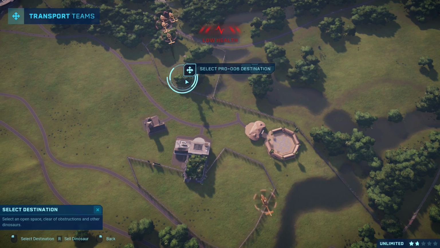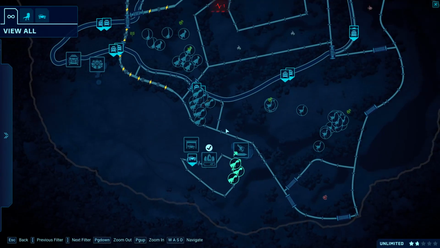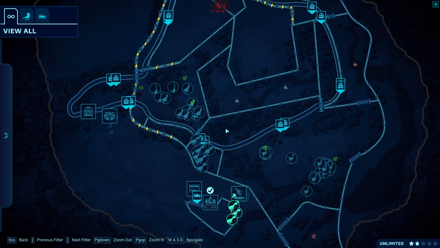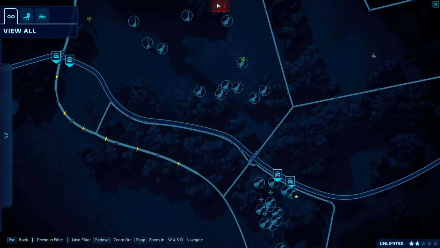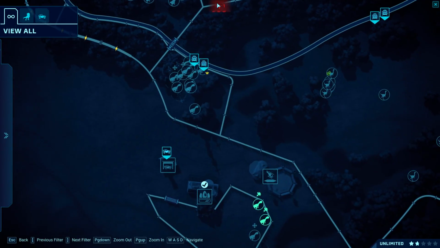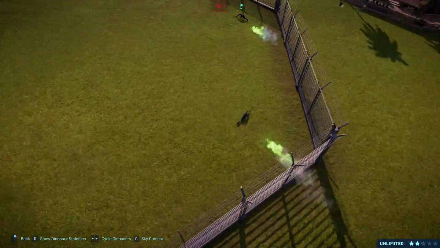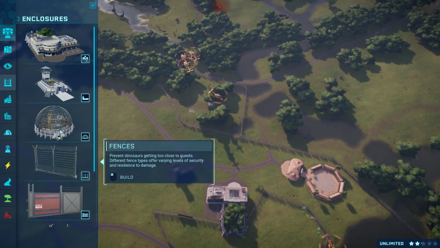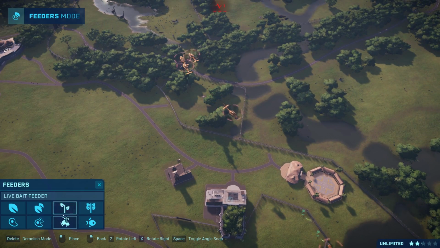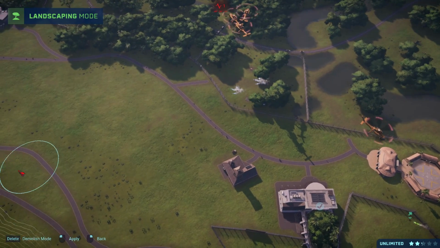Who's low health? Why are you low health? Understood. Eh? Must be... Oh, yeah. You'll be fine. I'm not worried. I'm going to give them another feeder, because I am worried. There is 15 of them. They should have multiple feeders for sure. We're also going to put...